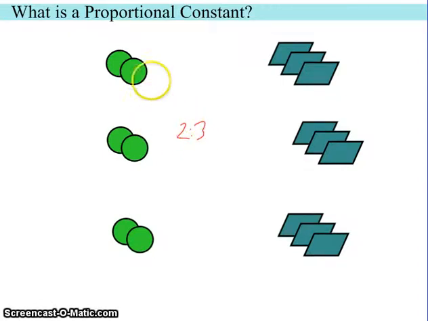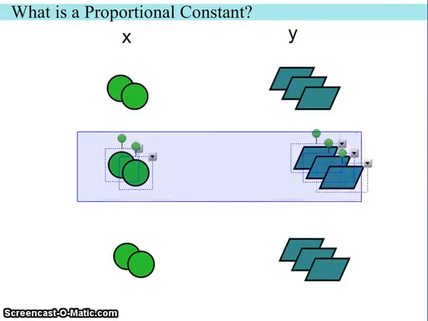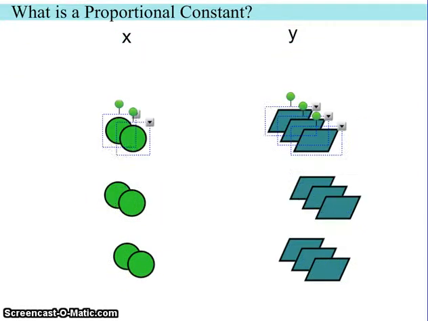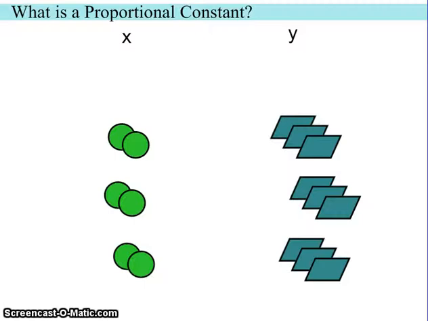So how do we find the proportional constant in this case? Because we don't have a single unit to compare, we're going to have to do some work. A proportional constant, if I consider these to be the x quantity and these to be the y quantity, I want to know the proportional constant. I'm going to shrink these down here, move some pieces around, give me some room to work. If I want to know the proportional constant, I'm going to use PC to represent that. The proportional constant of